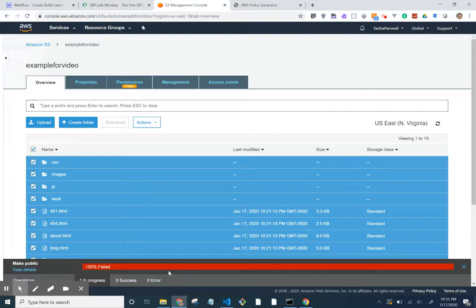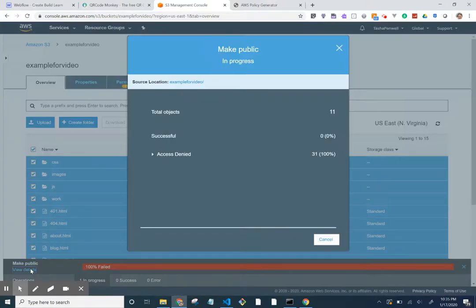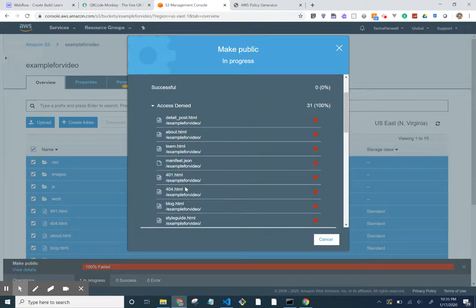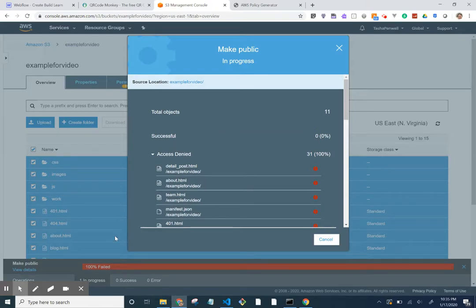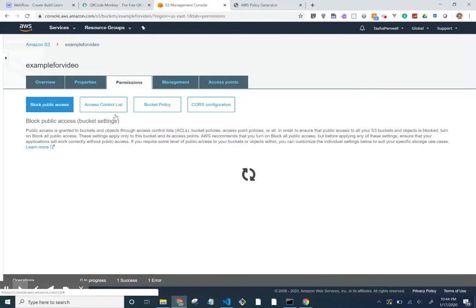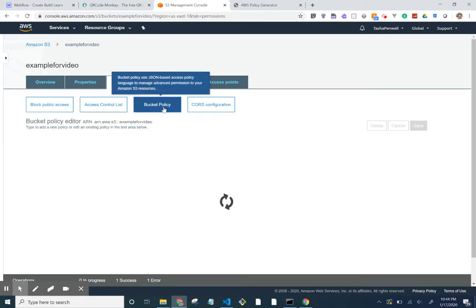And it failed. Why did it fail? Access denied. Why is access denied? Okay, I'm going to pause to try to figure out what I did here. Okay, I'm back. So, just a recap, and it shouldn't really need a recap because not much time has passed for you, unlike for me waiting for this to work. Okay. Anyways, so what we're going to do is go back to permissions and bucket policy